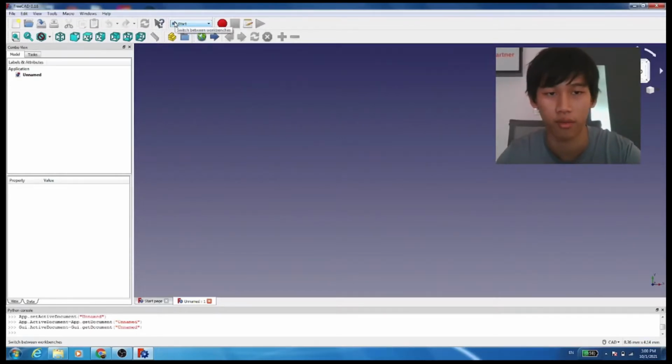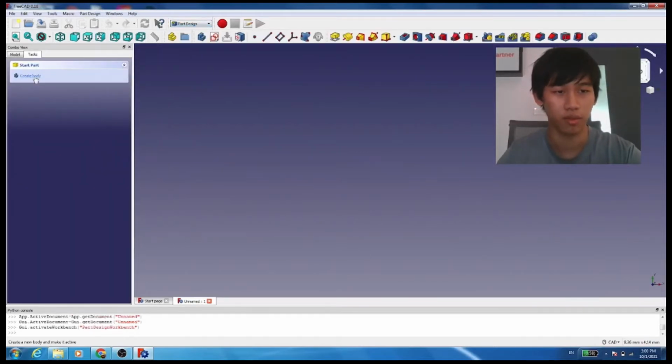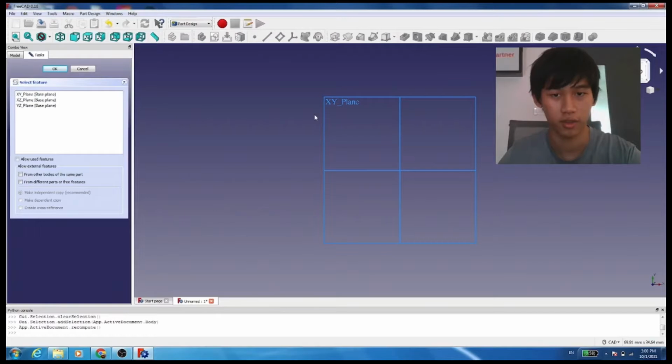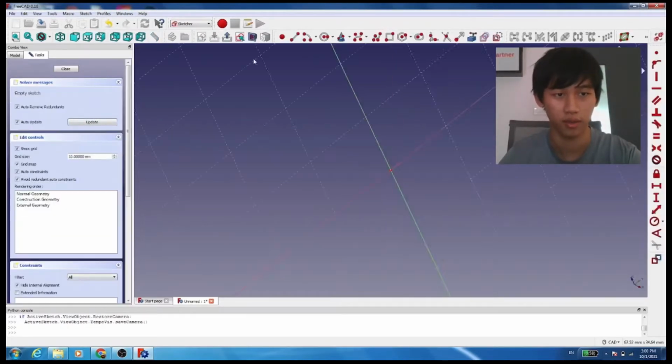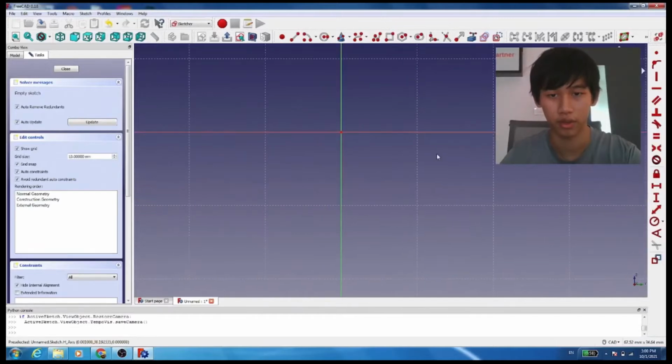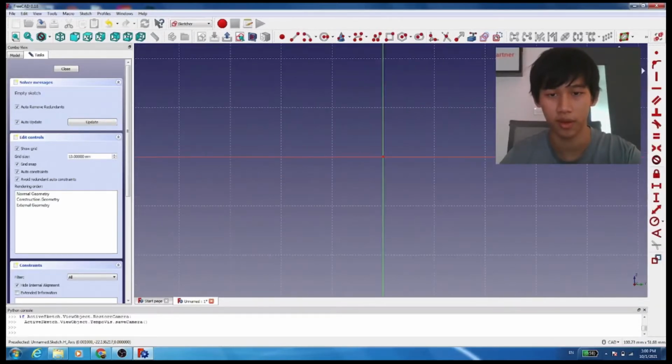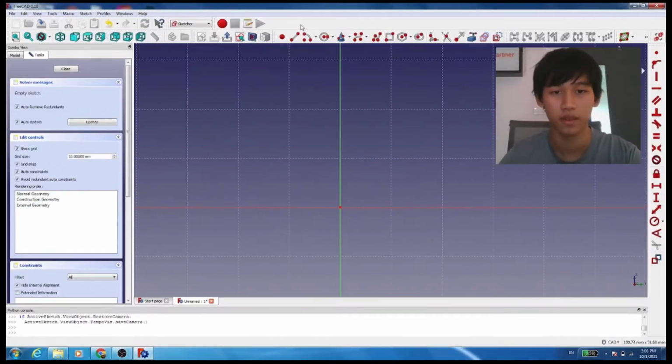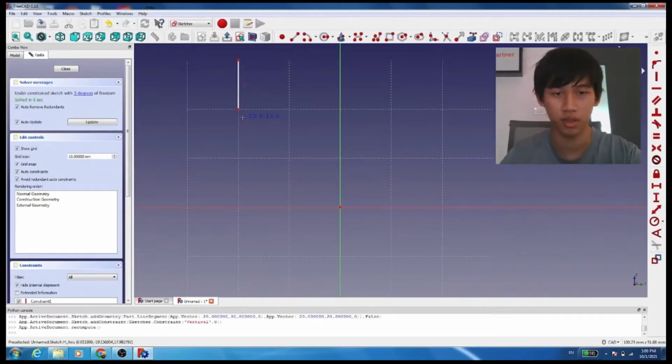So let's start now. Just set into part design, just create the body and create a sketch. I just choose a YZ plane, click OK. You can move it here and zoom in, zoom out. I just draw any picture, any model, but in every clip I'm just showing a simple model because